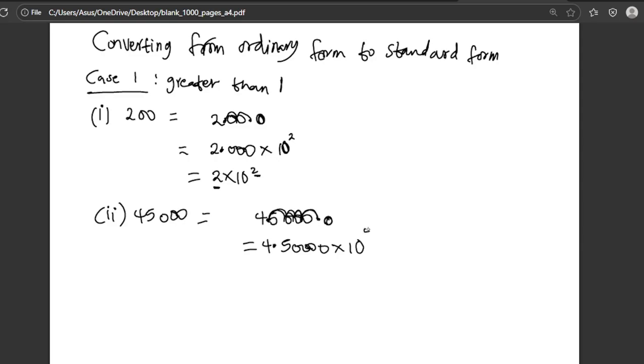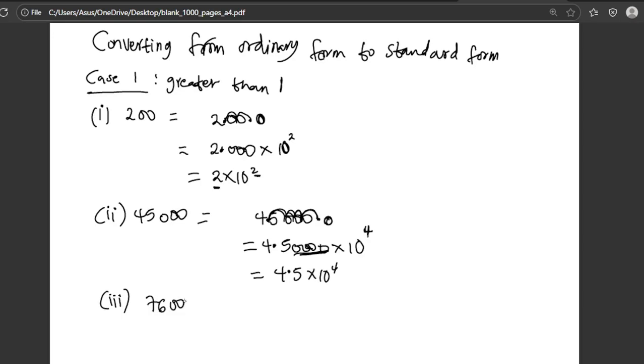Minus power 4. Why is it 4 and not minus 4? It's 4 because the original number converted is greater than 1. That's why the power is positive. I remember we said all the zeros we have here are not significant. You can ignore them. So 4.5 times 10 to the power 4. Is that okay? The third example we have here is